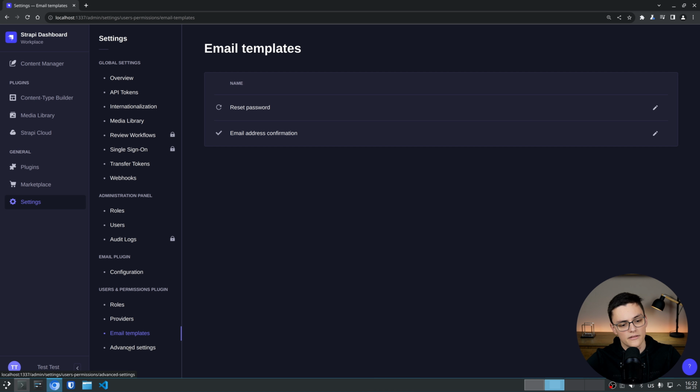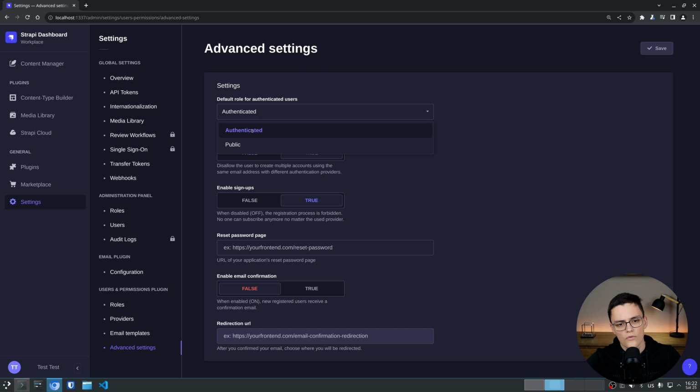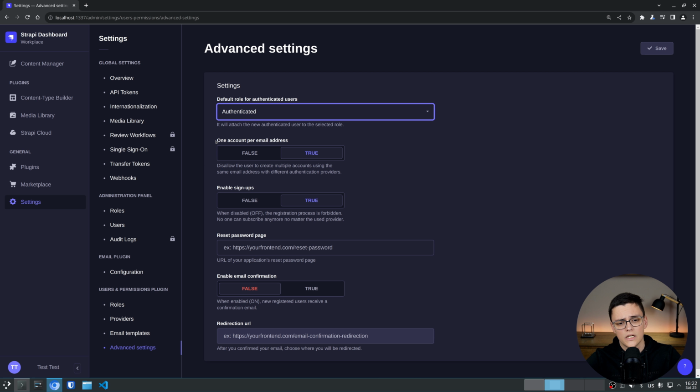Besides that, the most important section actually is the advanced settings, the last one. Here you can select the default role for authenticated users. So basically, when a user is authenticated, he'll fall into this role. Also, you have the option to limit the users to 1 account per email address. This is not going to allow users to register with the email provider with the same email, because that would make them